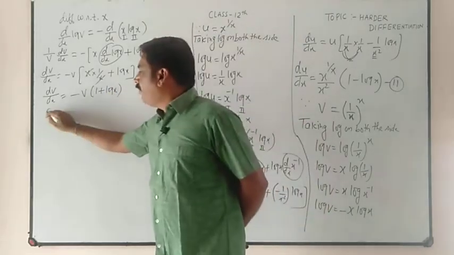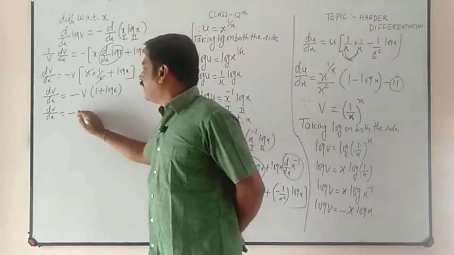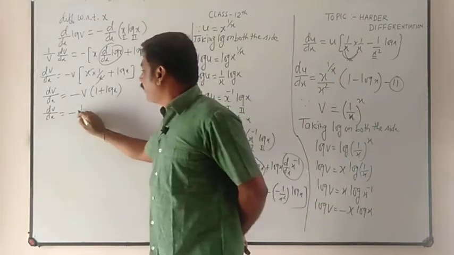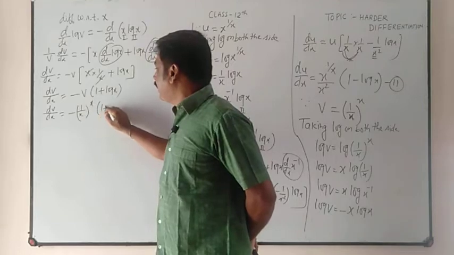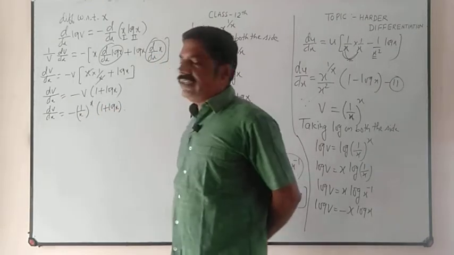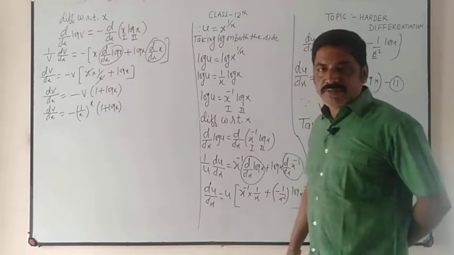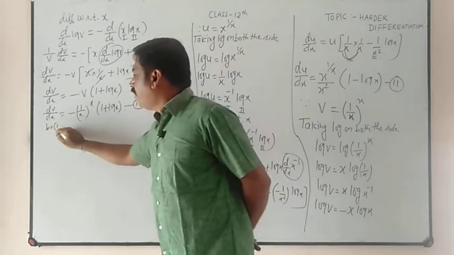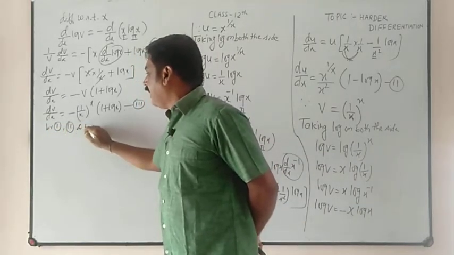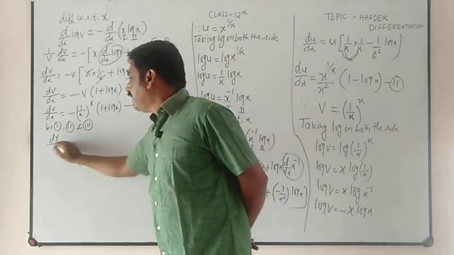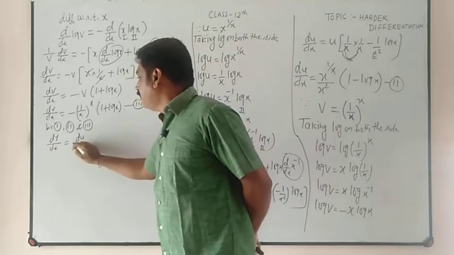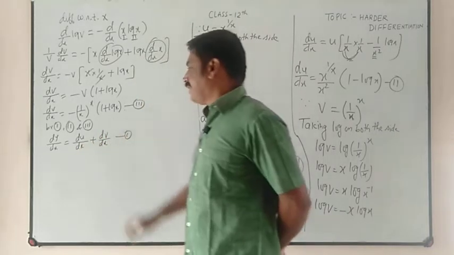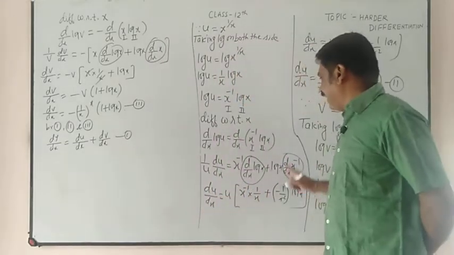Now put the value of v. So dv upon dx is equal to minus v, where v is 1 upon x raised to x, times 1 plus log x. So we got dv upon dx also, right? Now this is equation number 3. By first, second and third: the first equation is dy by dx is equal to du upon dx plus dv upon dx. This is equation number 1. Now by second and third,